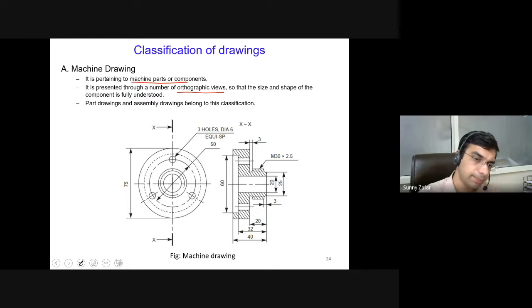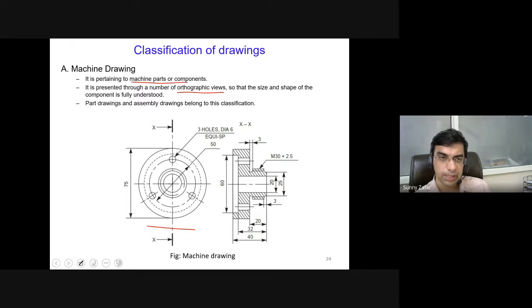As shown below in this schematic, this is basically a machine drawing of a hub assembly with three holes drilled here. From the front view you can see that it looks like a circular part, and from the side view you can understand the diameter of the different holes and their positioning. We will be drawing such drawings, but before we actually draw them, we will also understand the importance of different types of lines and hatch patterns used in different machine components.